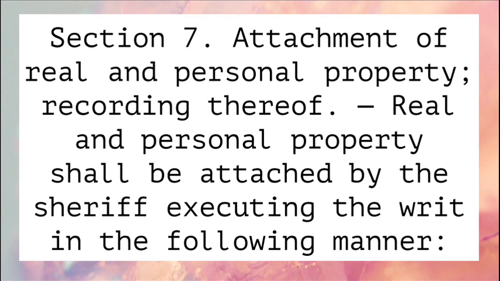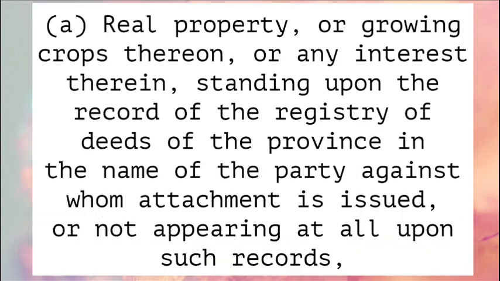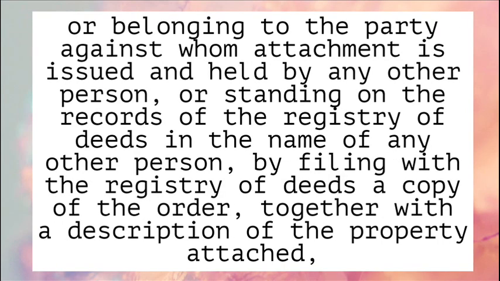Section 7. Attachment of real and personal property, recording thereof. Real and personal property shall be attached by the sheriff executing the writ in the following manner. A. Real property, or growing crops thereon, or any interest therein, standing upon the record of the Registry of Deeds of the province in the name of the party against whom attachment is issued, or not appearing at all upon such records, or belonging to the party against whom attachment is issued and held by any other person, or standing on the records of the Registry